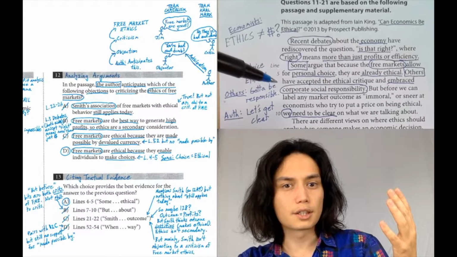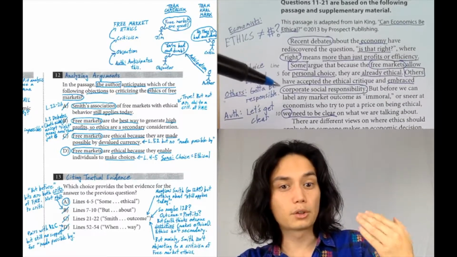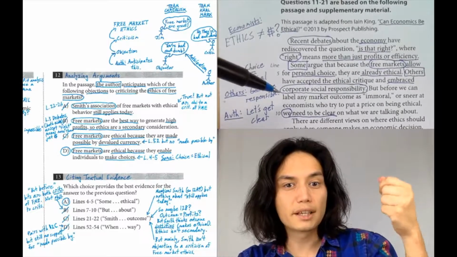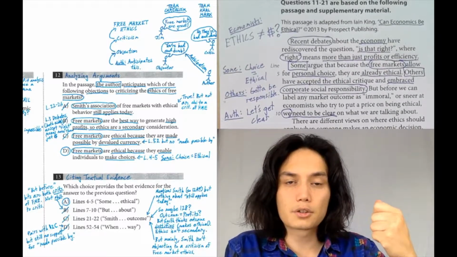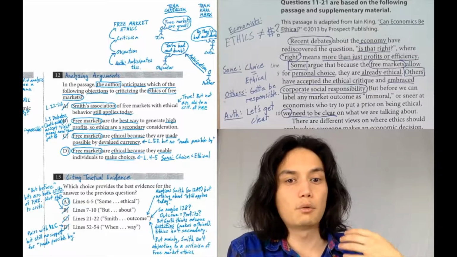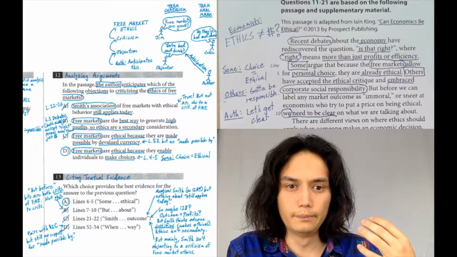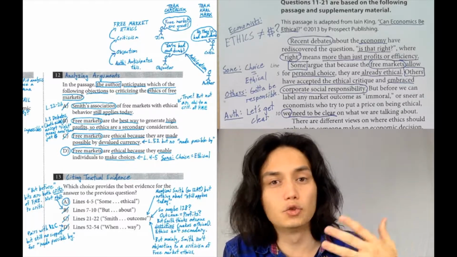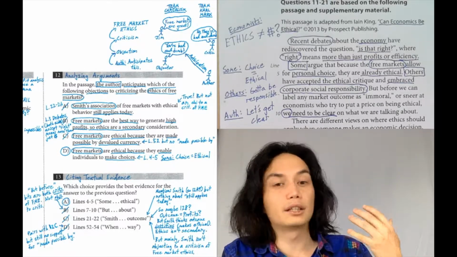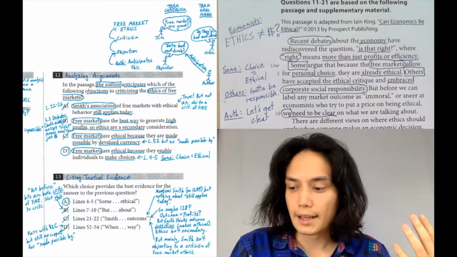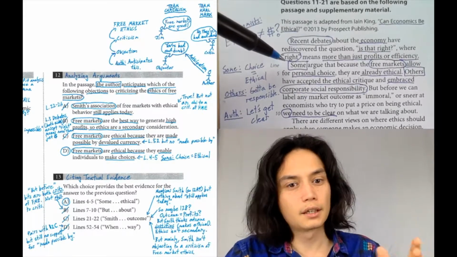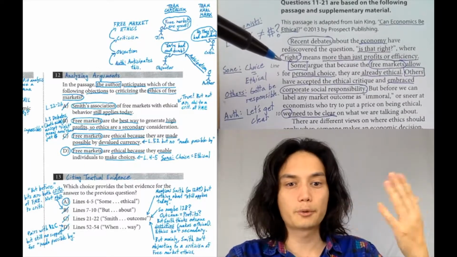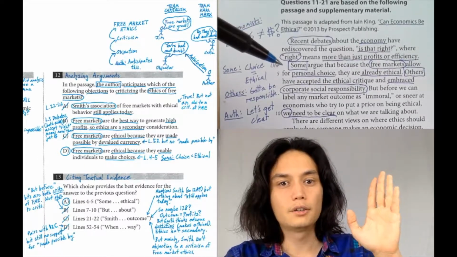And you can see here in these others' perspective, the people who are on the other side of this debate, they've accepted the ethical critique and they've embraced corporate responsibility. These others are under the impression that corporations need to go above and beyond to be responsible. Right? These people are criticizing the ethics of the free, unregulated, unencumbered markets. And these people right here are saying the free markets are fine the way they are, because they allow for personal choice.